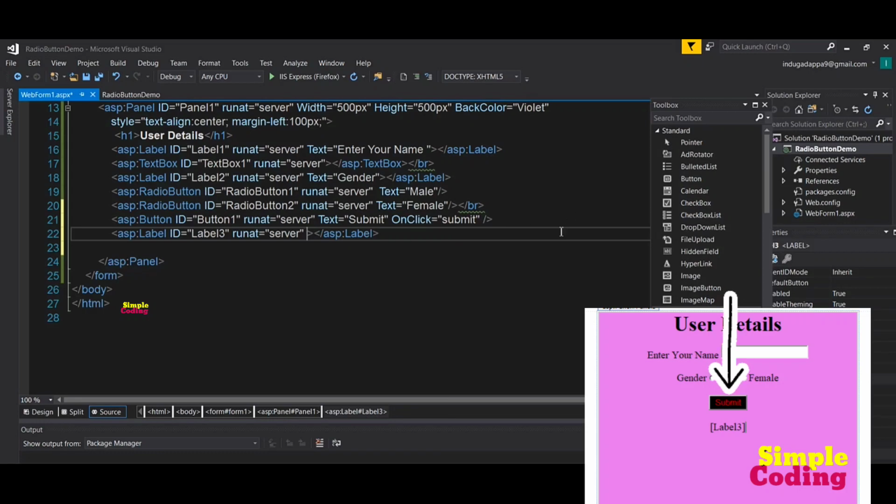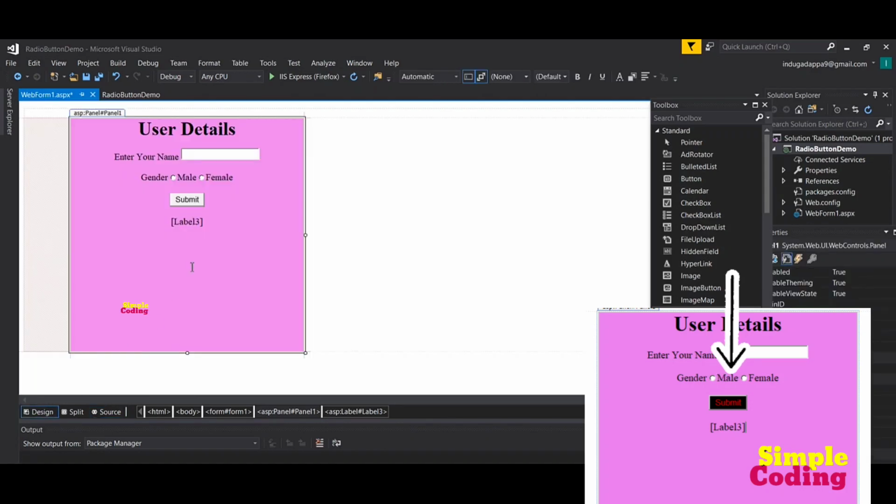And after the button, I am using a break tag to display the label control on a new line. You can see that we got the design as we wanted. Now I am also providing back color and fore color to my button control. So by writing